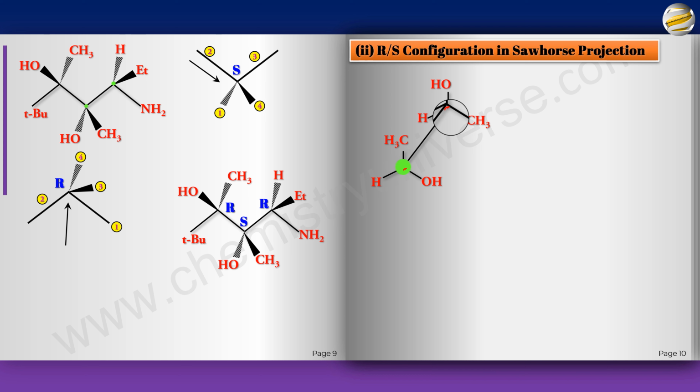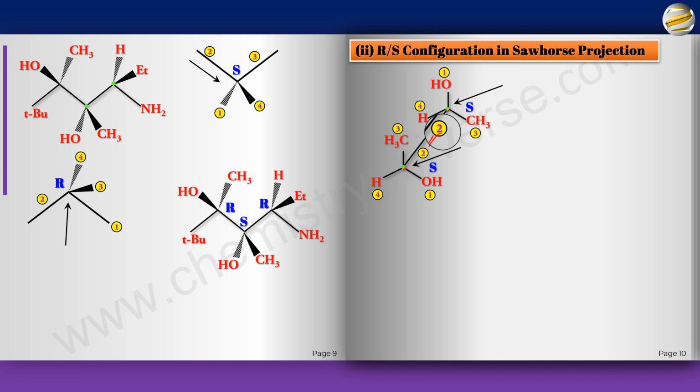So here, this chiral carbon, which is 1, OH, 2 will obviously be this bond, 3 is CH3, 4 is here. So where will you look from? Here. Now go from 1 to 2, 2 to 3, anti-clockwise. In the next one, 1 is OH, 2 is again this bond, 3 is CH3, 4 is here. Where do you see? Again you see from here. 1 to 2, 2 to 3. Can you see, again it is an S?